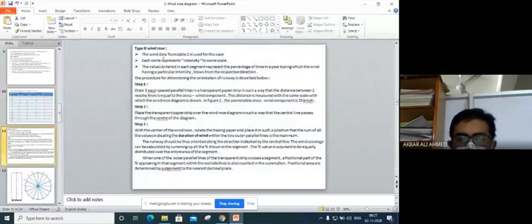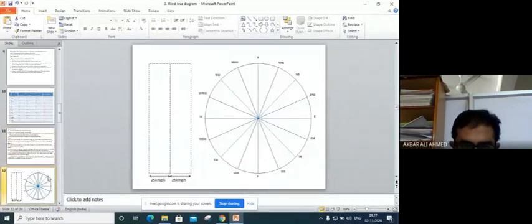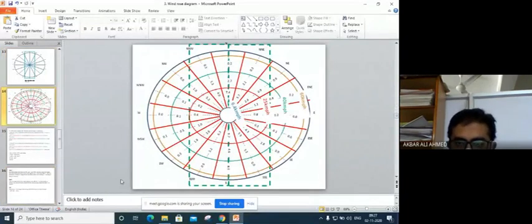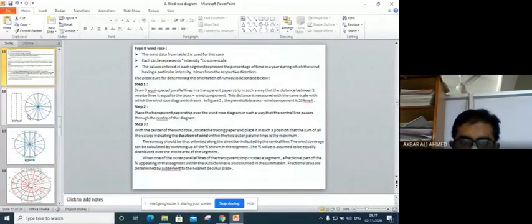In the type 2 windrose diagram, what you see, each circle represents intensity to some scale. And the values are entered in each segment. That time we entered values in each line. We plotted in the line, but here we are entering in one segmental area. Okay, and the values will represent the percentage of time in a year during which the wind having a particular intensity blows from the respective direction. We'll see the procedure once step by step, then you will be able to understand.